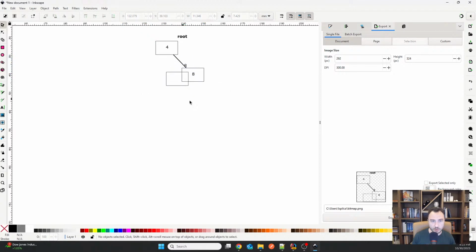Okay, I seem not to be able to convince my Inkscape here to work. Okay, so this is